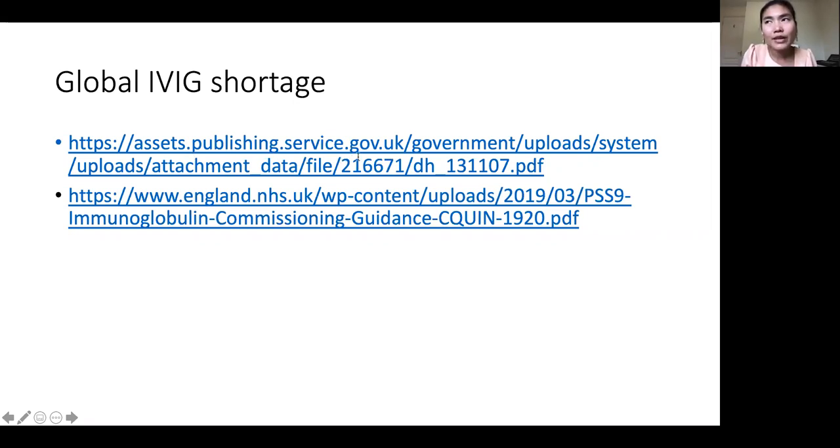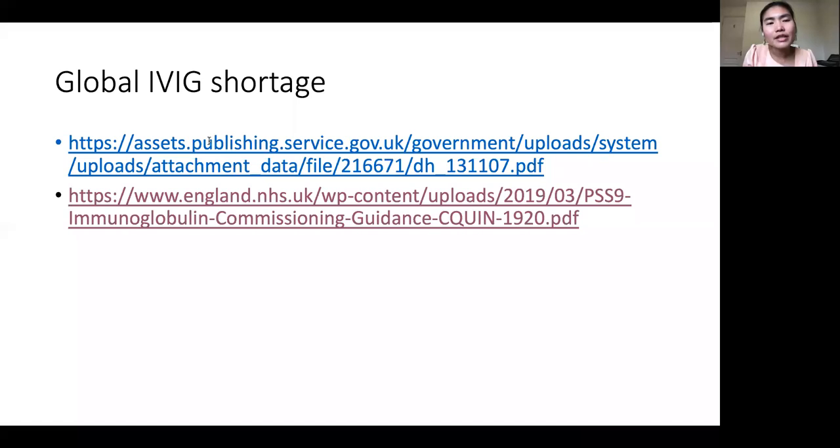If it is blue, the patient will need to go through a panel to get approved, but it's likely to be approved. And if it is gray, it is very unlikely that the panel is going to approve that condition to be able to use intravenous immunoglobulin for that patient, okay? And this one is,